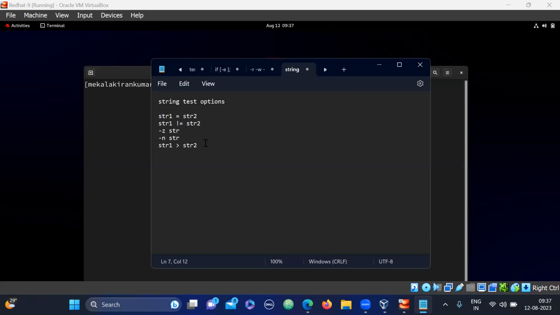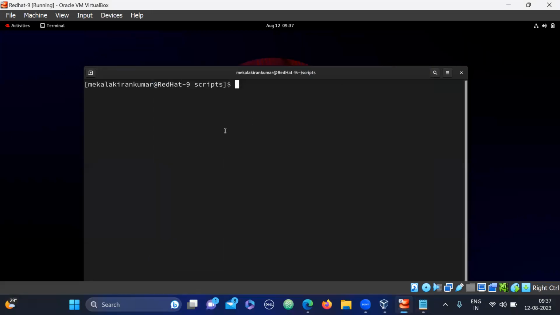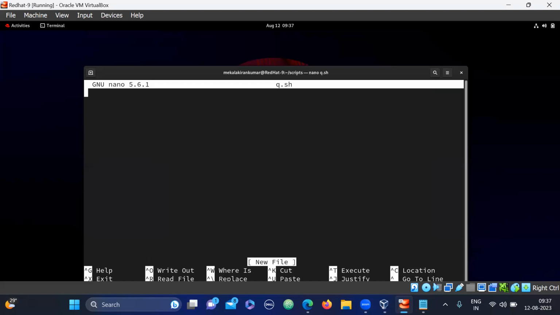String test options, right? We will write a demo program for string comparison to test whatever we learn. Okay, perfect. nano q.sh. This is also very important. Maybe in interviews they are going to ask this one as well. read -p, enter